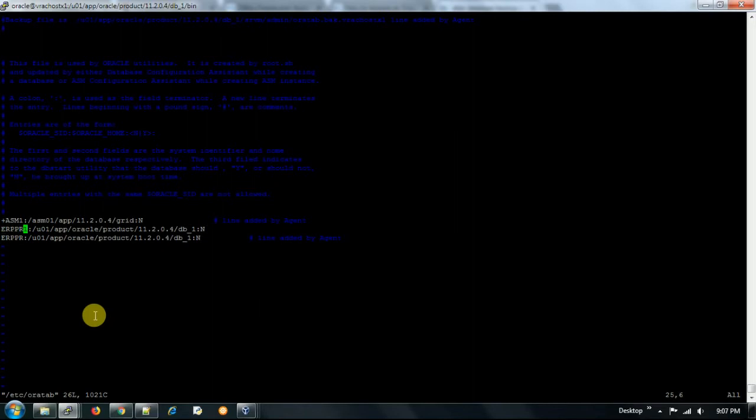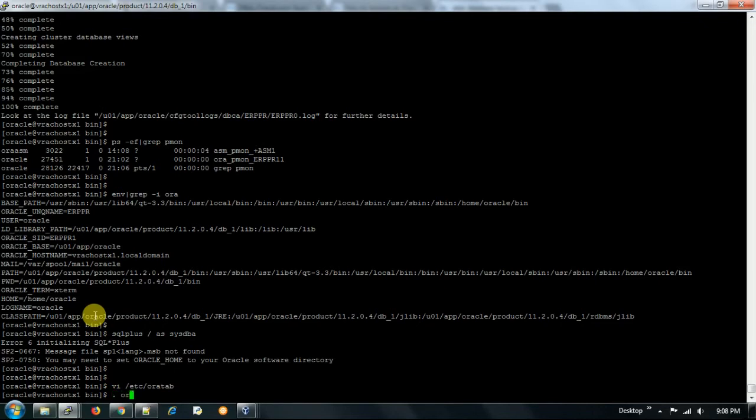So in the oratab file, we need to make the changes. Like we need to give the instance name over here, erppr11, and DBCA creates one entry with the database name erppr1. So that is created by the DBCA,